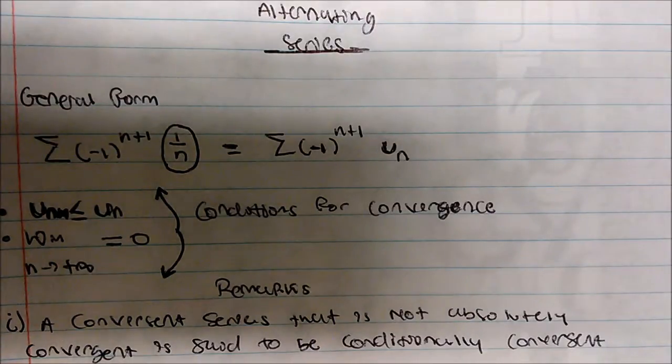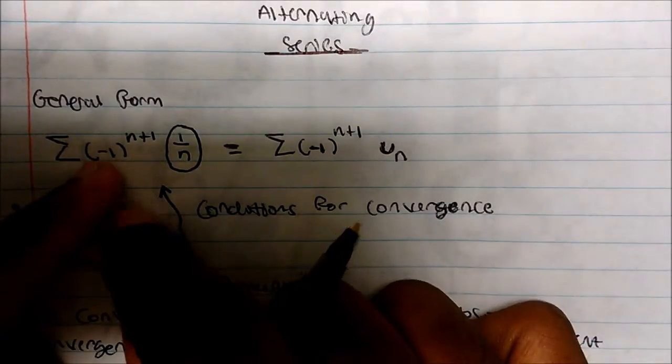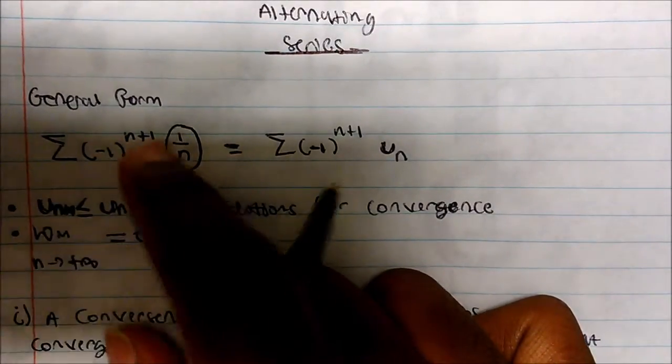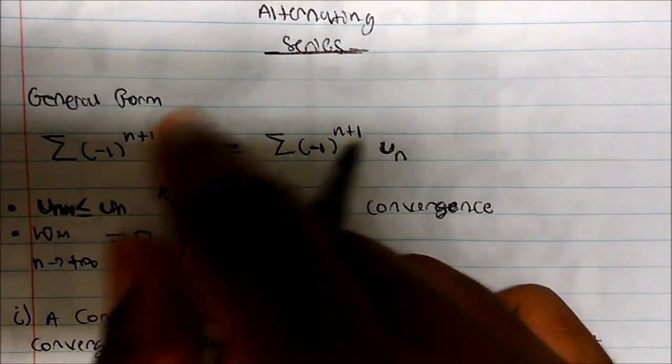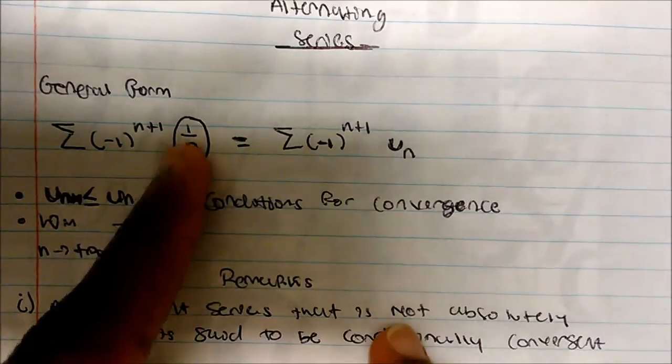So in this video, we're going to talk about the alternating series, and the general form is usually given by this negative one here. This is a characteristic of alternating series. This is negative 1 raised to the n plus 1, and this 1 over n could represent anything. I just use the simplest form of 1 over n, which I could also rewrite as u sub n. Okay, and this is the part of the series that we